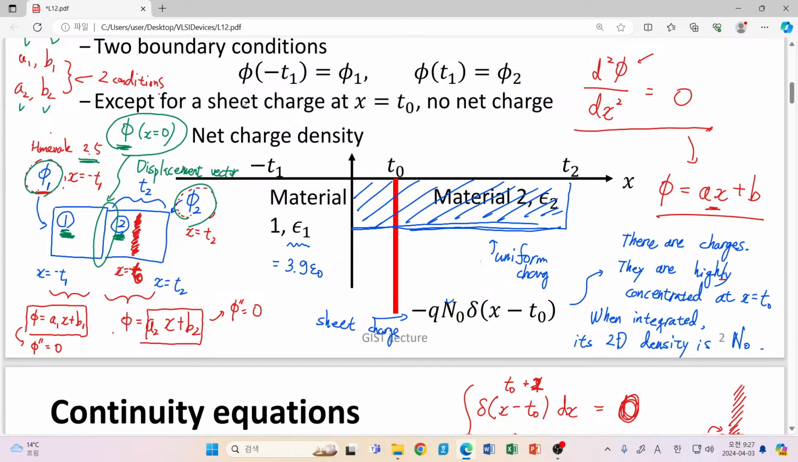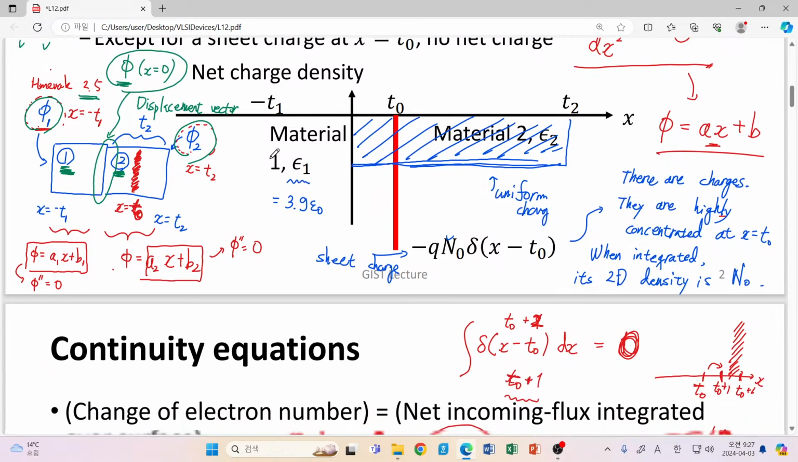Okay, this is your homework number 3. So if you have any question on this problem, then please let me know. Okay,